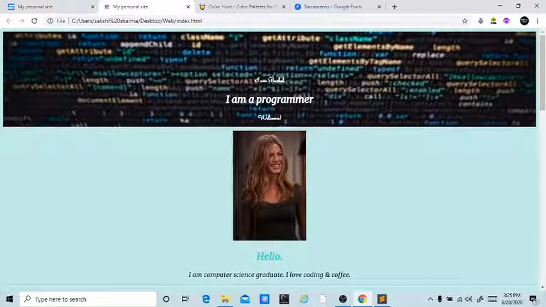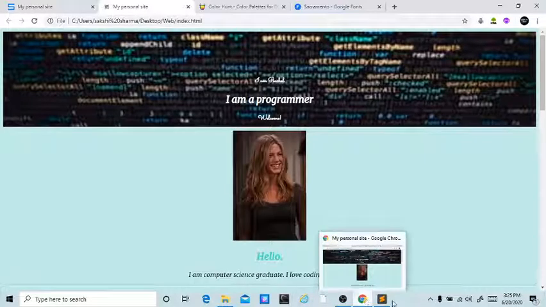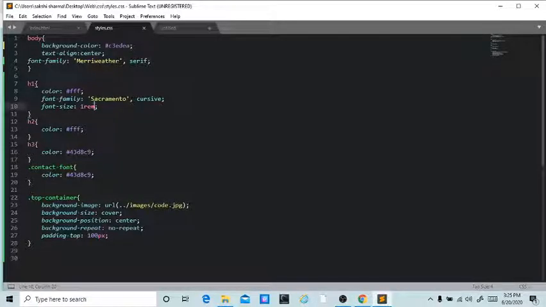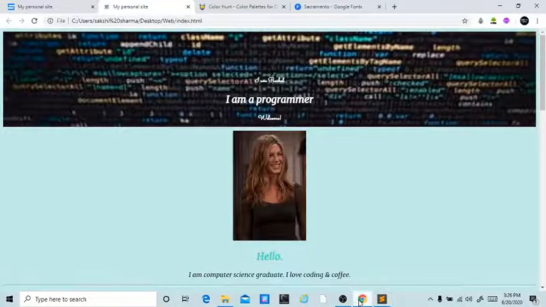And if I write percentage, 100%, you can see the size is still the same.